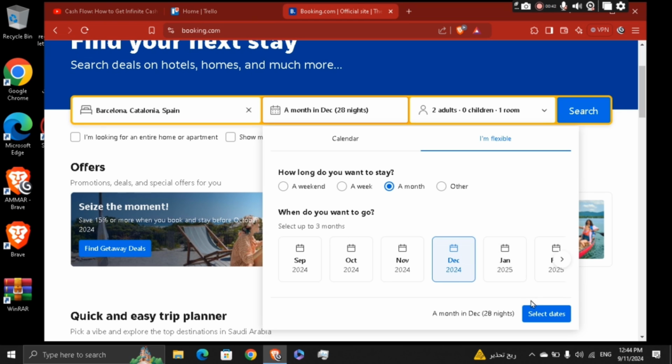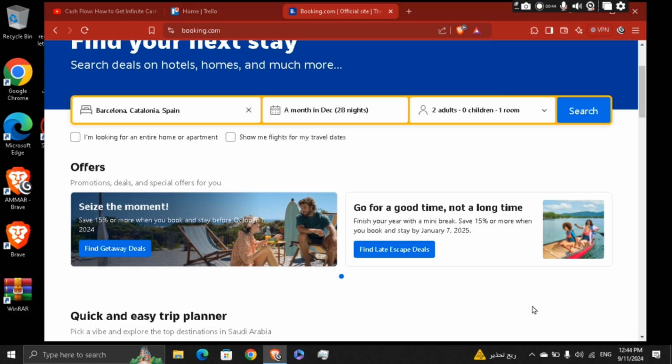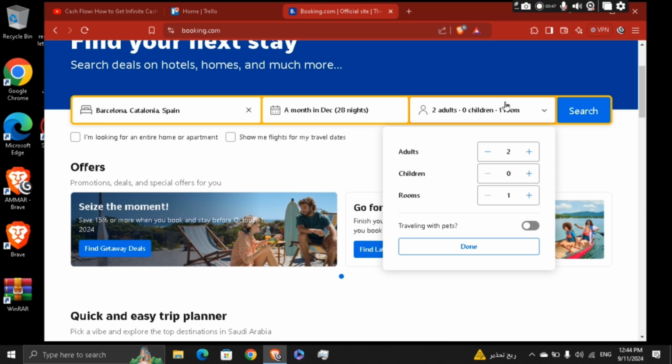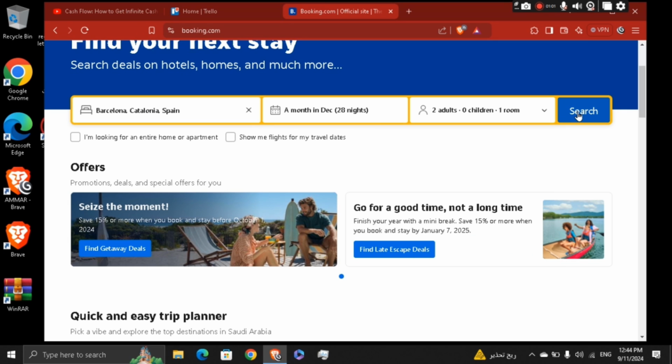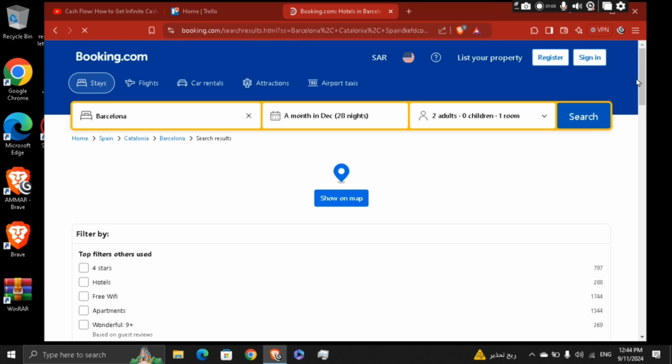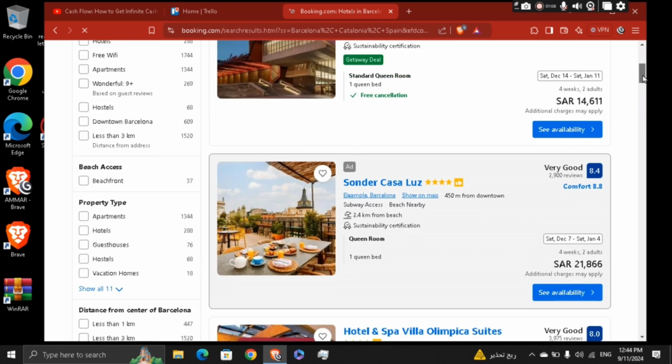And if you are single, or if you have children, you can select how many adults are gonna come with you, and then basically hit done, and then click search right here. Then you're gonna be able to see the flights to book from. And as you can see right here, you're gonna see the multiple hotels